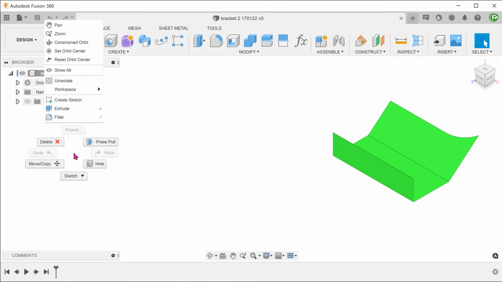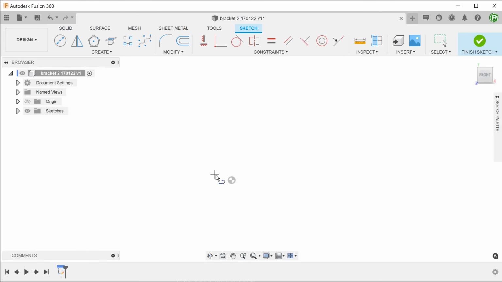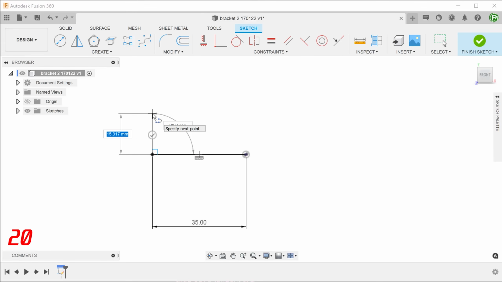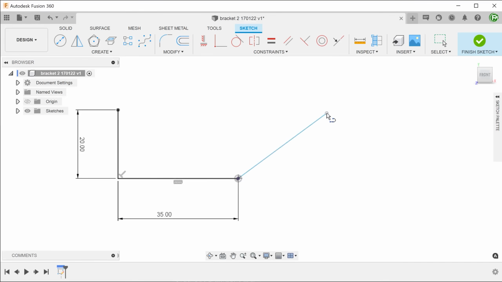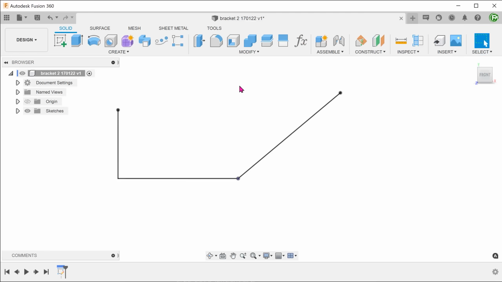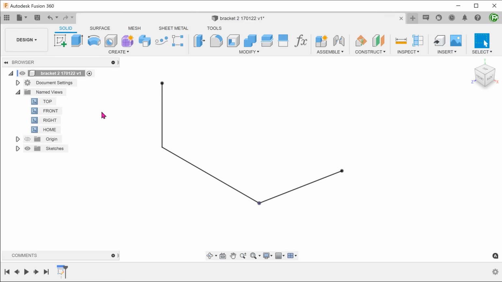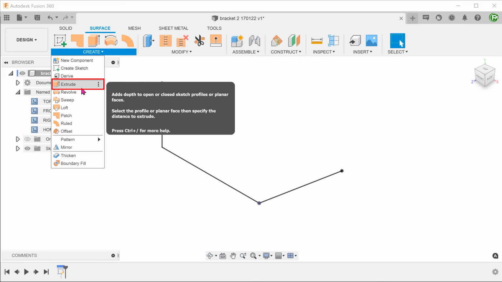For this section, I will begin a sketch on the front plane and simply draw a few straight lines like so. Activate the Surface tab. Go to Create, Extrude.